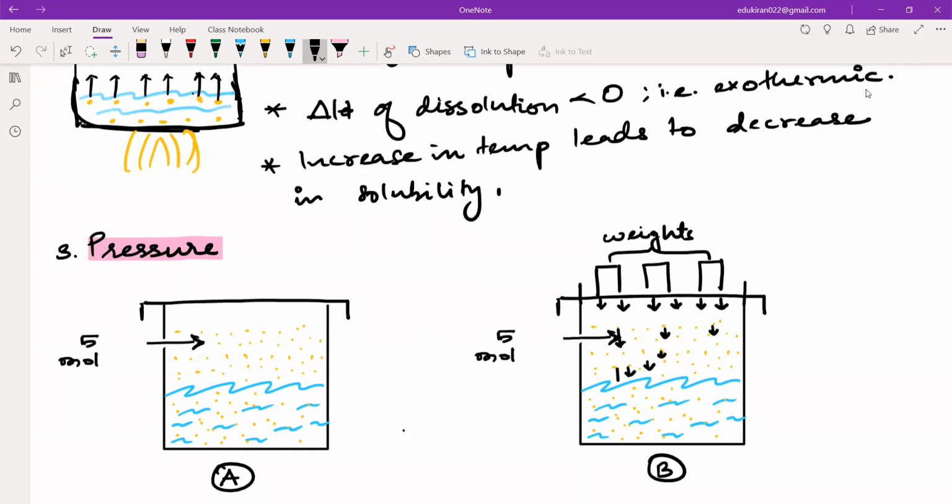Yes, sir. And now, when they are facing a force of attraction in a particular direction, they will be moving in that direction only, है ना? But in the A case, what is happening? They are moving randomly, right? अब ये बताइए, इन दोनों में से किस केस में, where do you have the chances of solubility more, A or B? B में there will be more solubility because there is a pressure in the downward direction and the gases will be biased to move towards that direction.